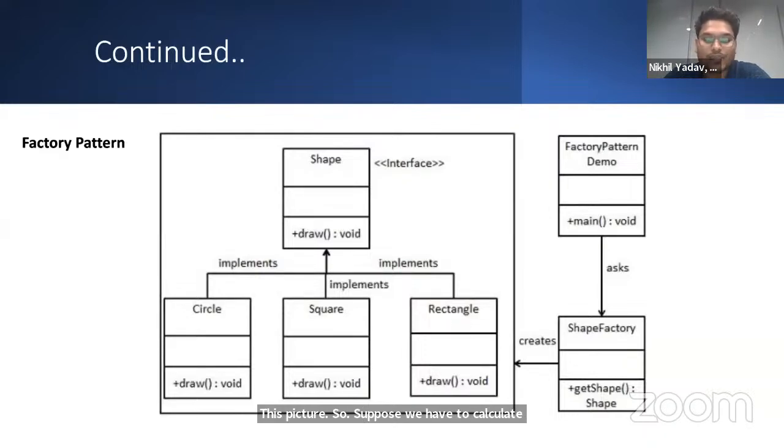We can write a simple program with a function like area of circle with its own formula, and the same for the area of square and rectangle. By using the factory pattern,